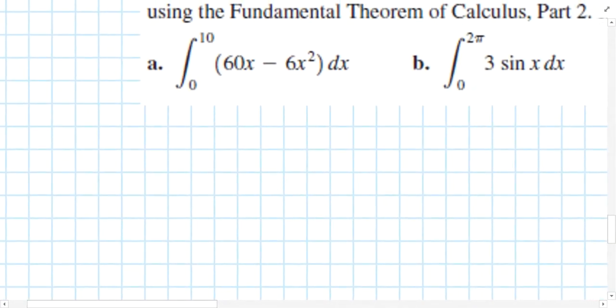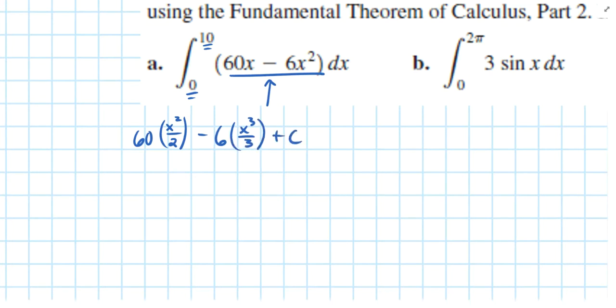So let me show you an example. In order to find the area under this curve between an x value of 0 and an x value of 10, we must first find the antiderivative of this function. Now, the way we found the antiderivative of a power function in the past was to push the coefficient towards the front and increase the power by 1 and then immediately divide by that new power. We can do the same thing for our second term. Now we have x cubed over 3